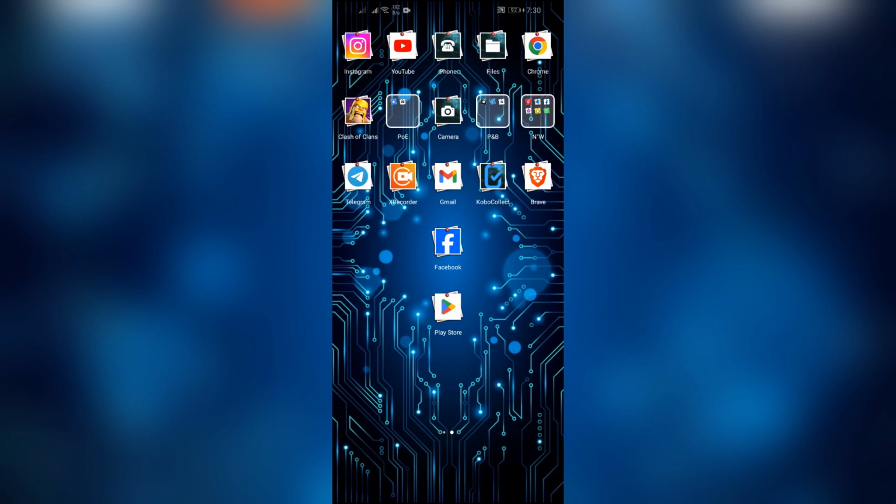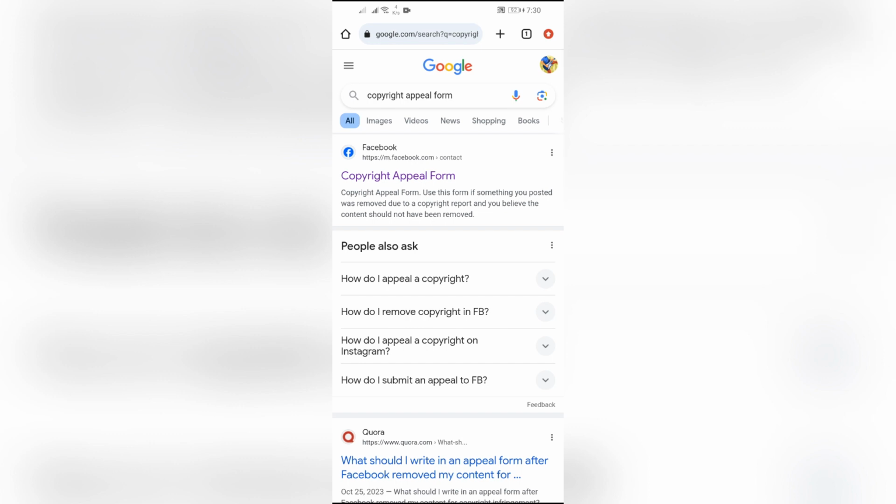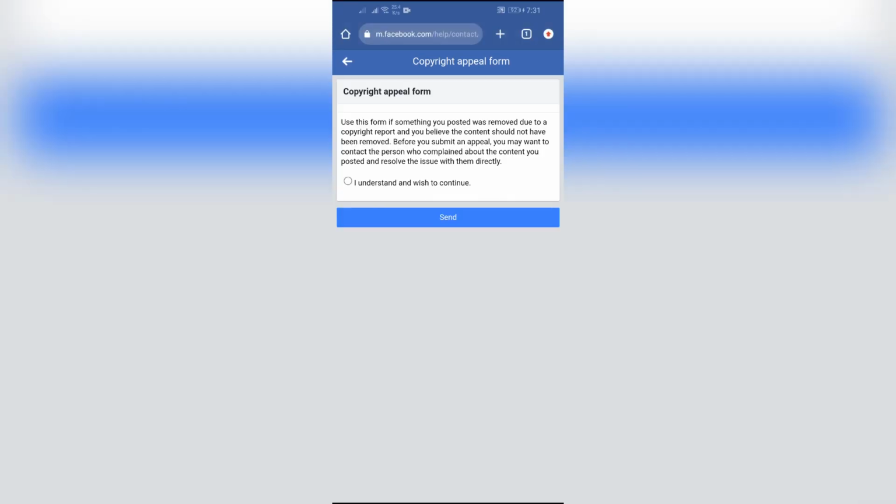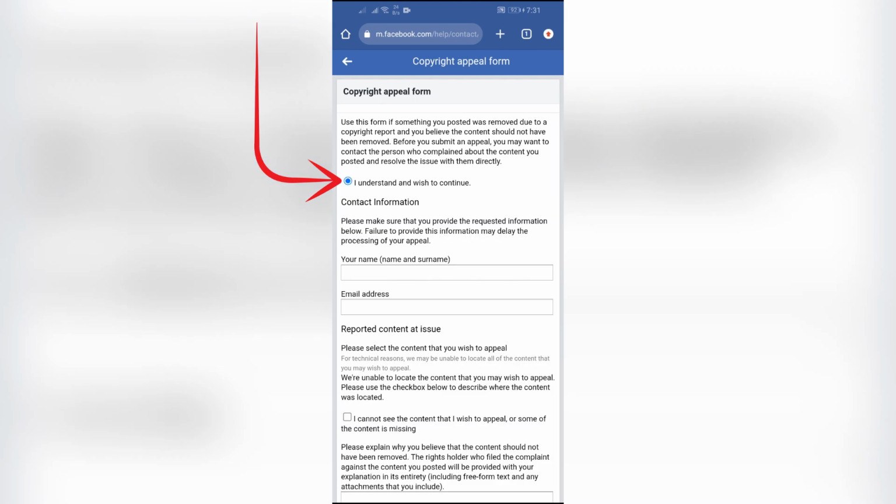the copyright claim. In order to do that, just simply open your browser on your device, and after opening the browser, just simply search for copyright appeal form. Just simply open this link at first, and after that it will lead you to this tab. Now in here you just simply have to tick this I understand and wish to continue, and after that